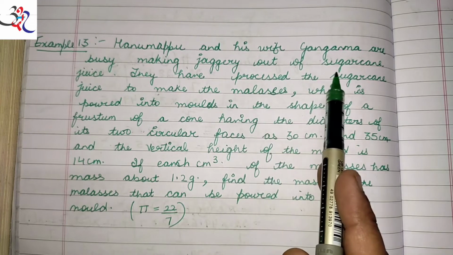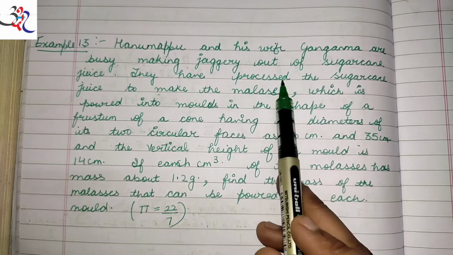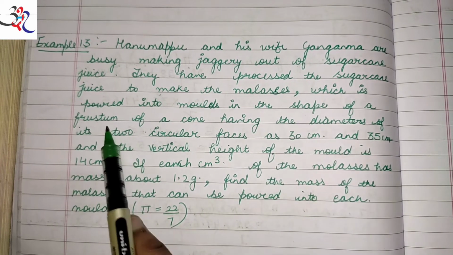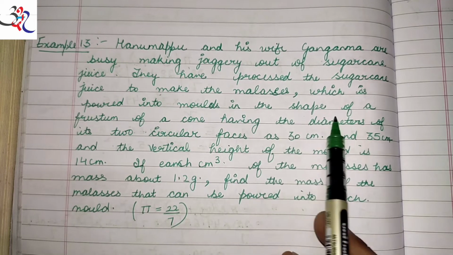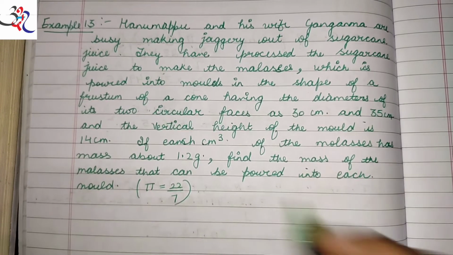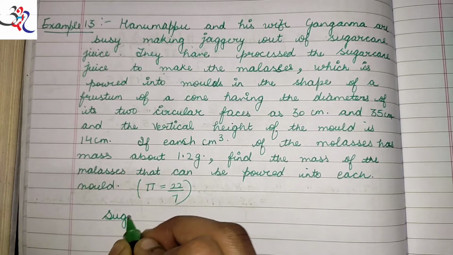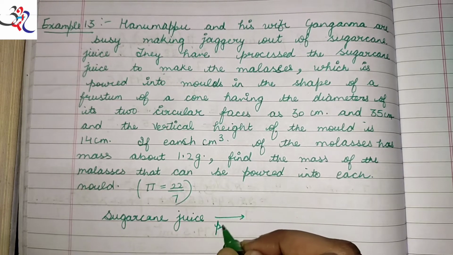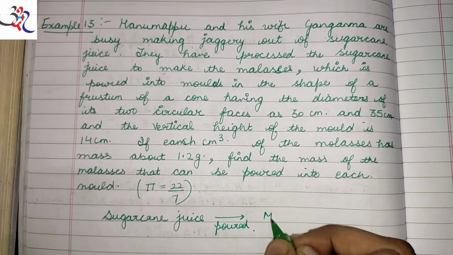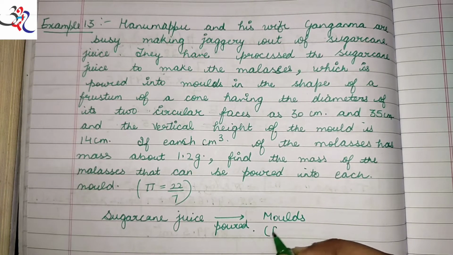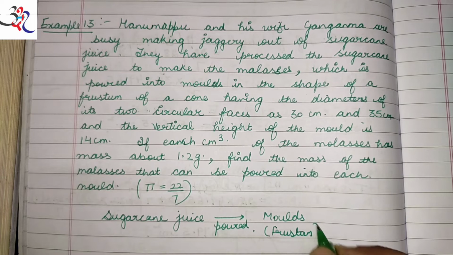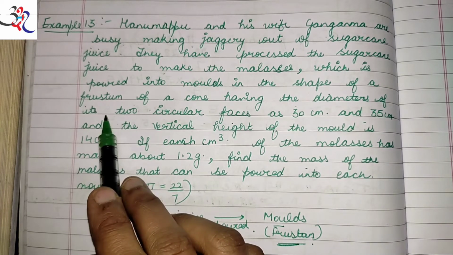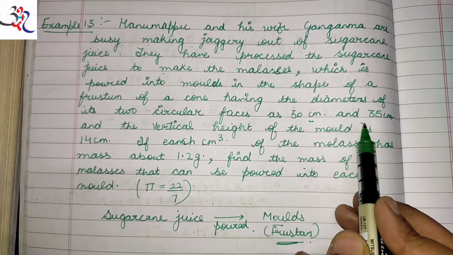jaggery out of sugar cane juice. They have poured the sugar cane juice to make molasses, which is poured into molds in the shape of a frustum of a cone. So what they have done, they had the sugarcane juice, and they have poured that sugarcane juice into molds which are in the shape of a frustum. The molds are in the shape of a frustum, having the diameter of its two circular faces as 30 centimeter